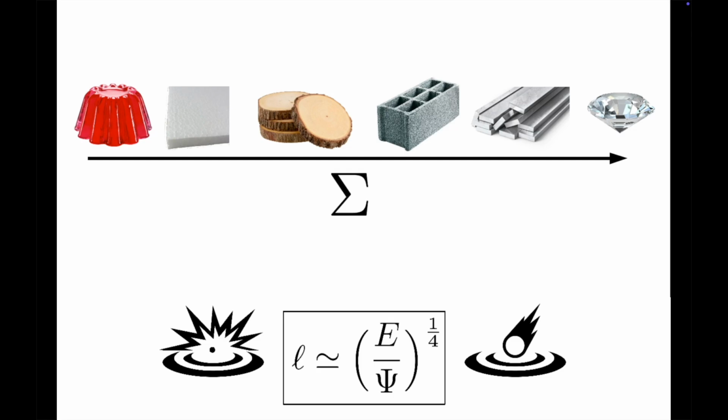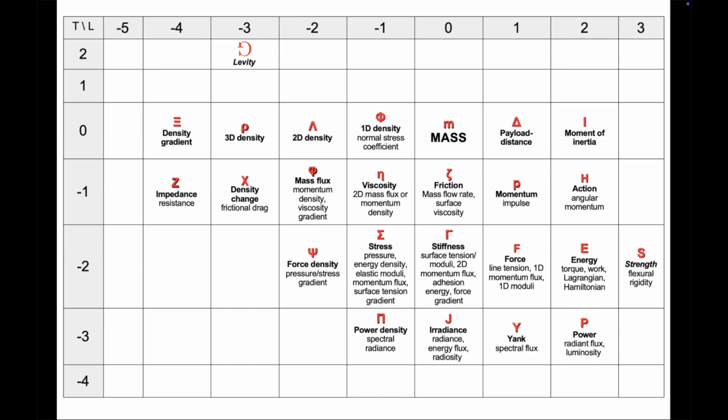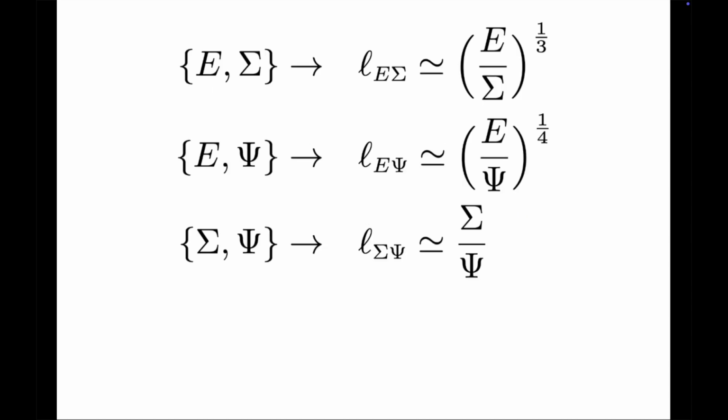Let's try to approach this situation in the context of what we've learned in the last episode. We have 3 mechanical quantities: an energy, that of the impactor or explosion; a force density, the weight density based on the density of the ground; and now we have a stress, an elastic modulus of some kind, characterizing whether the ground is soft or hard. That's 3 quantities on the same line. The perfect mechanical framework to be talking about geometry. From these three mechanical parameters, we can build three simple lengths.